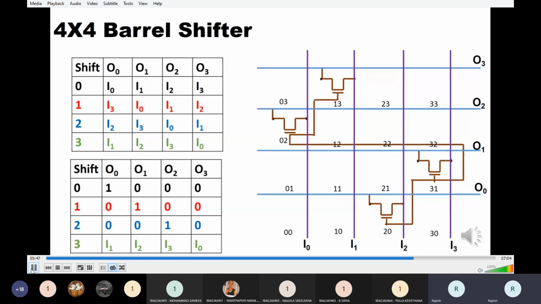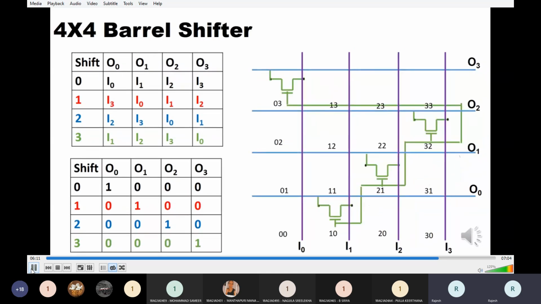Similarly, if we want to perform a 2-bit right shift, transistors 0,2, 1,3, 2,0 and 3,1 must be on. Therefore, we have shorted the gate terminals of all the 4 transistors. To perform the 3-bit right shift operation, we have made transistors 0,3, 1,0, 2,1 and 3,2 on by shorting their gate terminals. If we bring